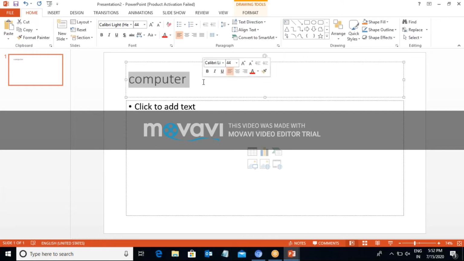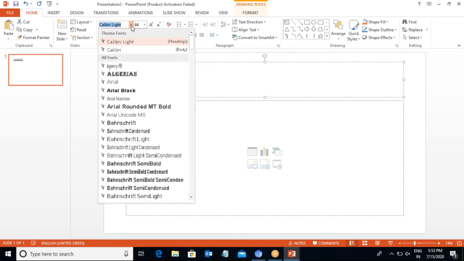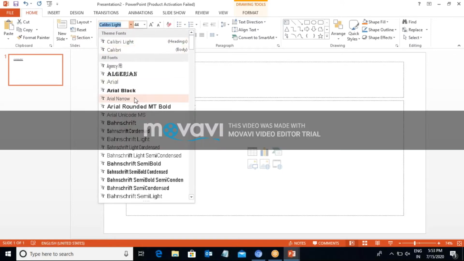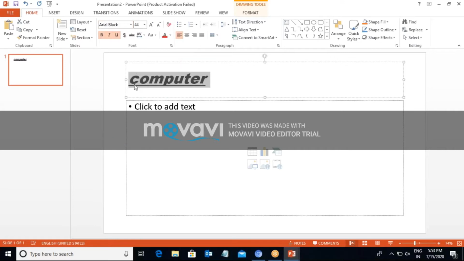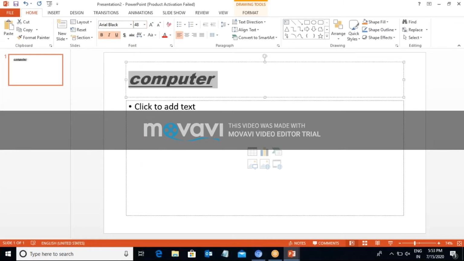This is my title, and depending on you, it can be bold, italic, or underlined. If you want to change your font, we go to the font options and use different font styles and sizes. The size depends on your text.